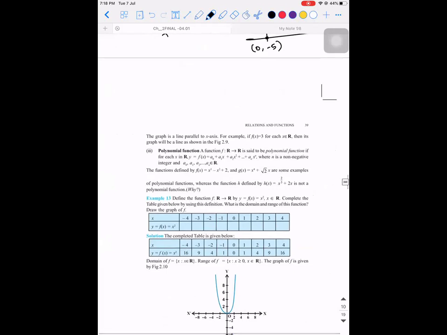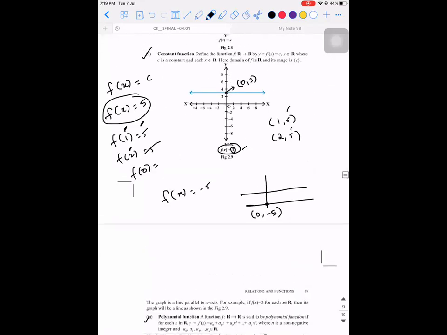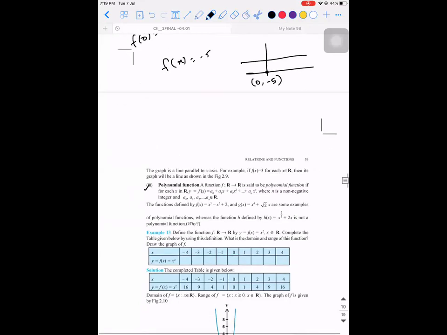One last function that we will see for today is a polynomial function. For constant functions, will the graph always be parallel only to the y-axis, not to the x-axis? Oh, did I say that? Sorry, I'm sorry. It will be parallel to x-axis, either above it or below it. For a constant function, it is never parallel to the y-axis. So have this in your mind.